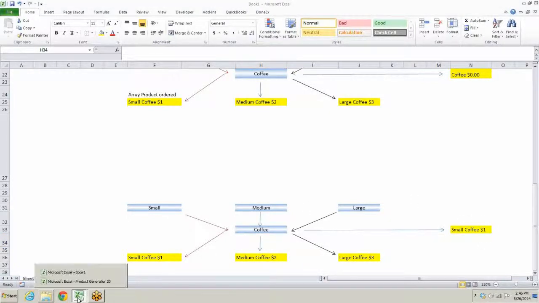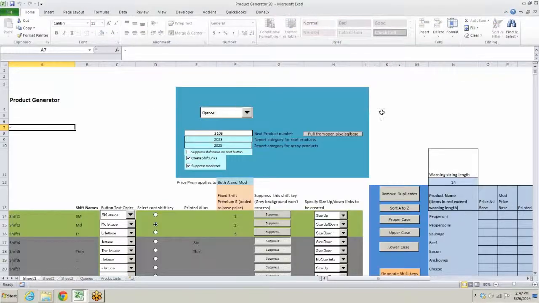So when you're looking at our product generator, suppress shift name on root button. Okay, that means, and we select small here. Okay, so small would then become the root product, the button that's going to go on the menu. But we want to suppress the word small on that root button, so it just says coffee. Suppressing the moot root, going back